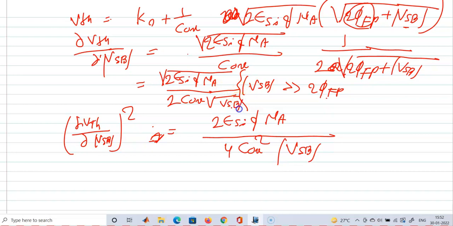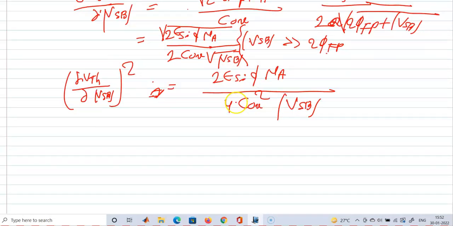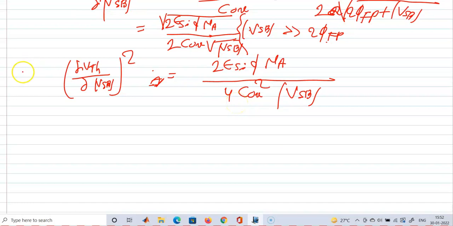Just write this, because VSB is also positive here, but here they have given VBS, so there is no need to worry about this. This has been given as 50 millivolt, so 50 into 10 to the power minus 3, squared. So you have 2